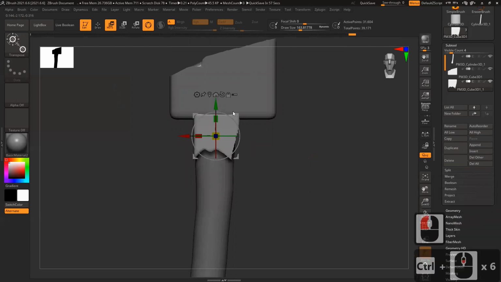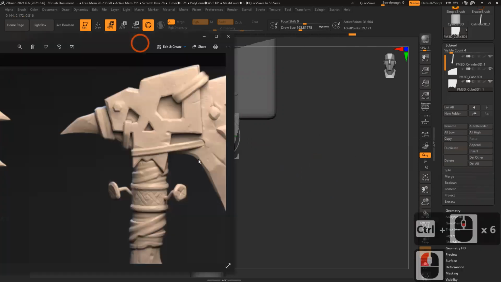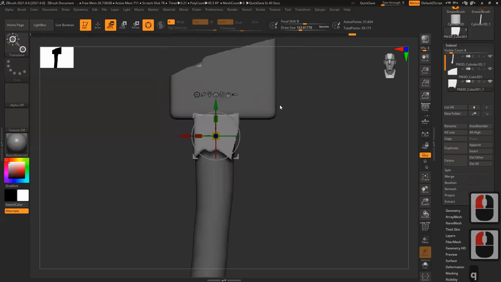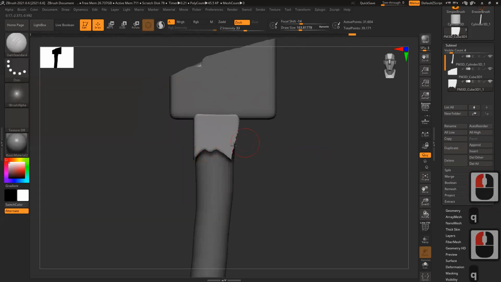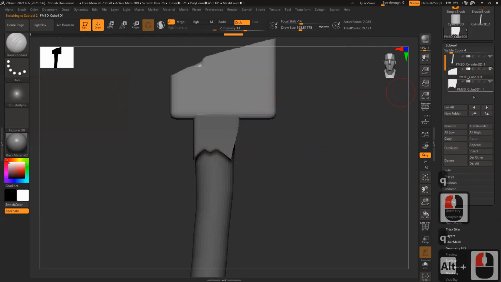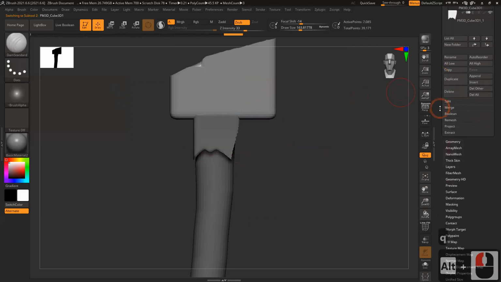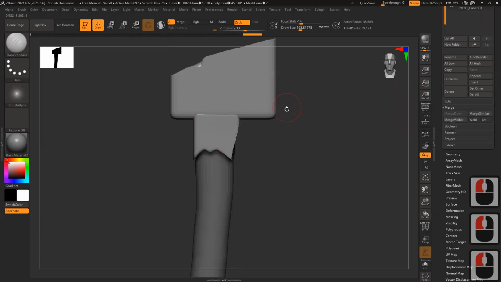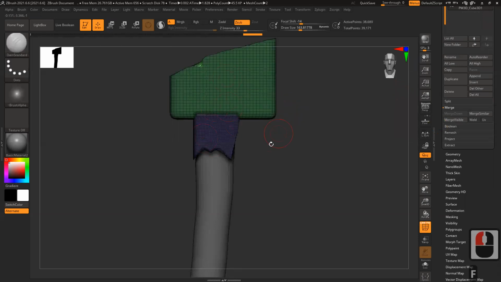So now this model and this model are combined basically. They are like one single solid shape. So what I'll do, press Q, get rid of the gizmo, select this one. These two I need to merge. So scroll down. There is an option called Merge. Click this, Merge Down, click OK. So these two are merged, but they have different polygroups and different geometry thickness and all of this.